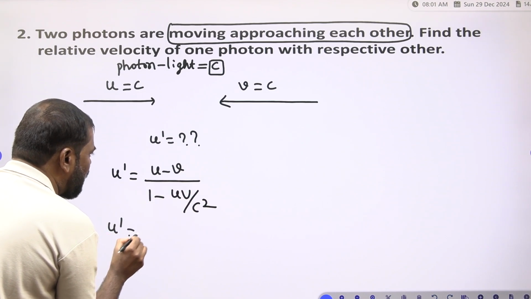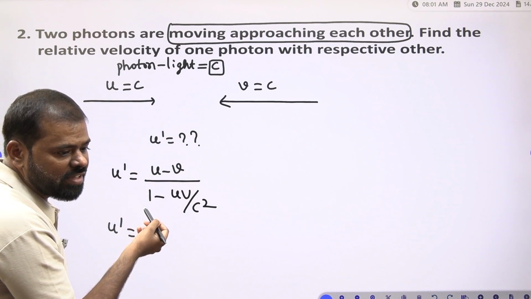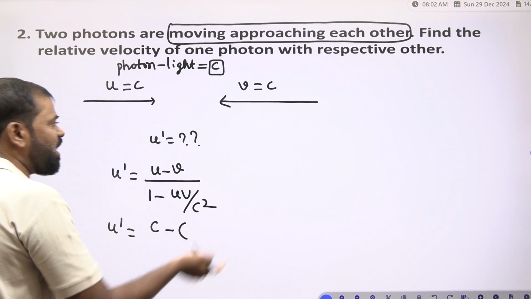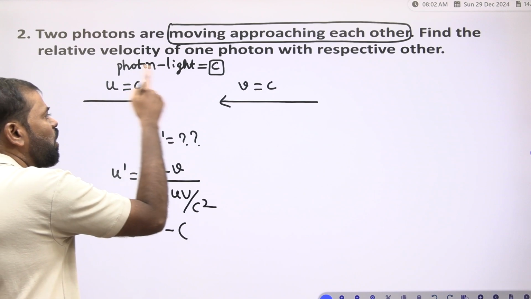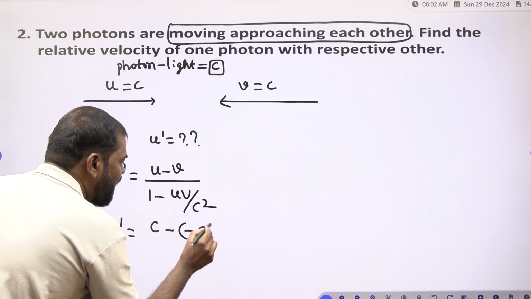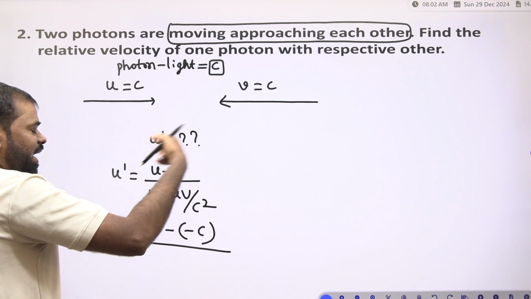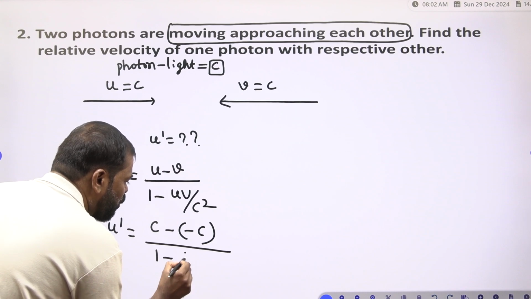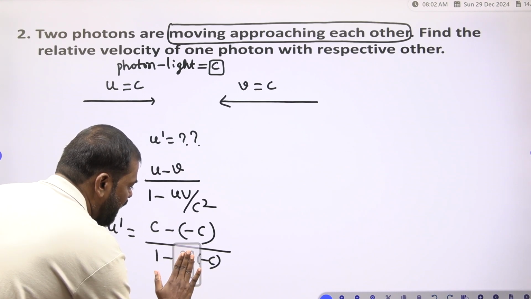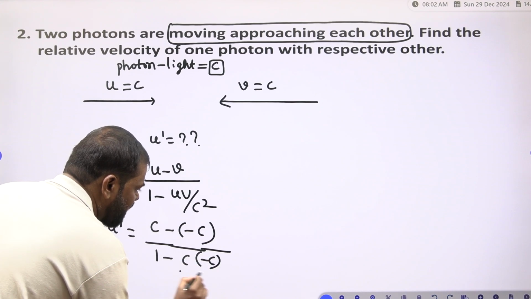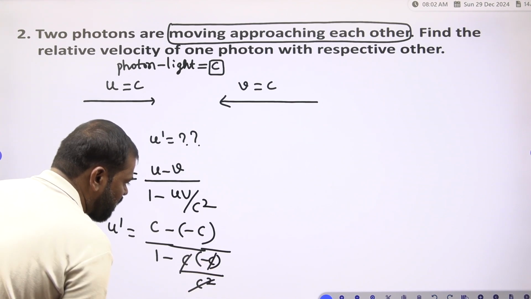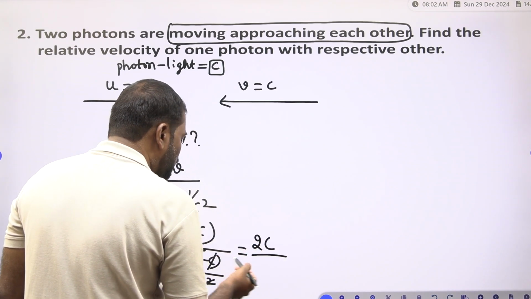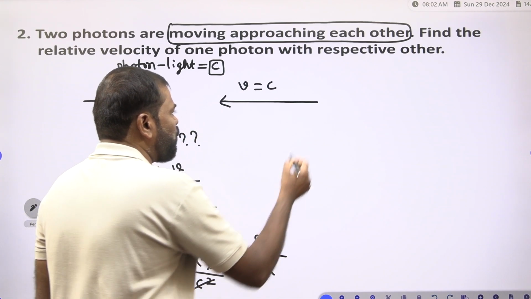Substituting, u is equal to c, and v is minus c, because the direction is opposite, so we consider it negative. Then 1 minus c into minus c divided by c square, which cancels. So we get c plus c is 2c, divided by 1 plus 1 is equal to 2. Therefore u' is equal to